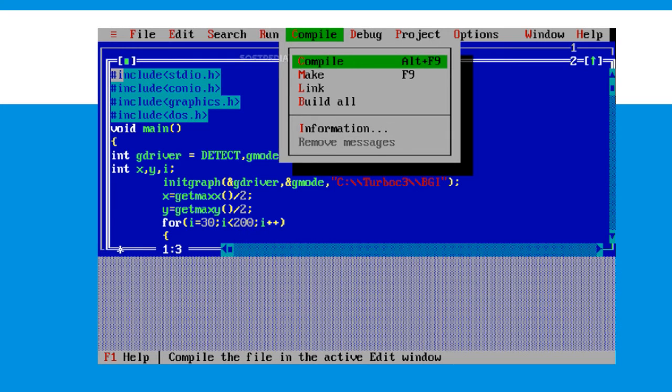And then when you click an option on this menu, let's say the compile, it will give you a list of several options, and some of these options do have their submenus. Okay, and